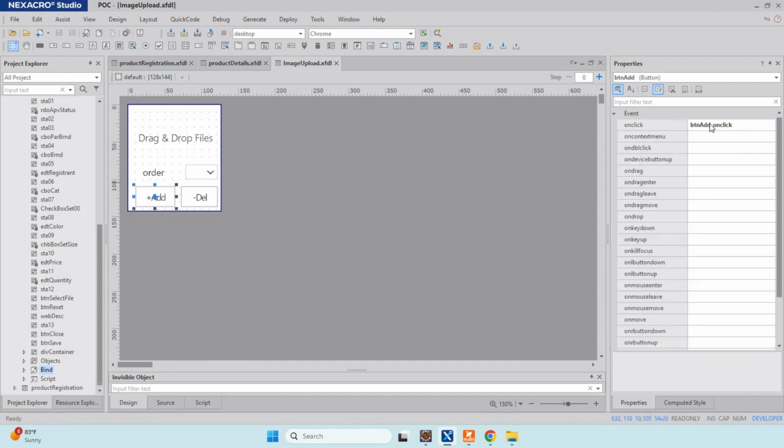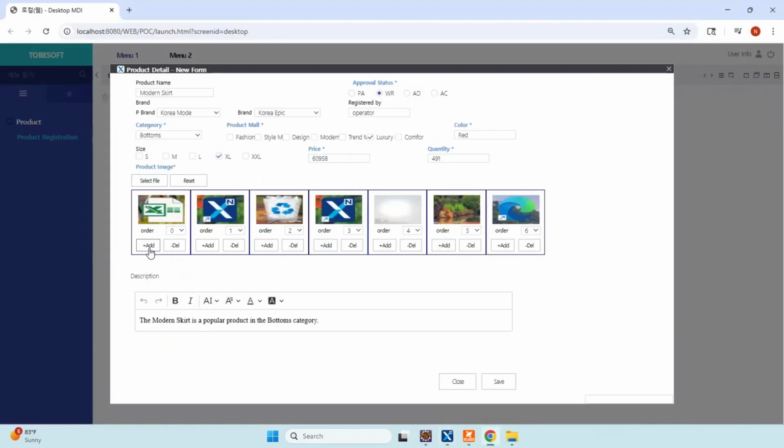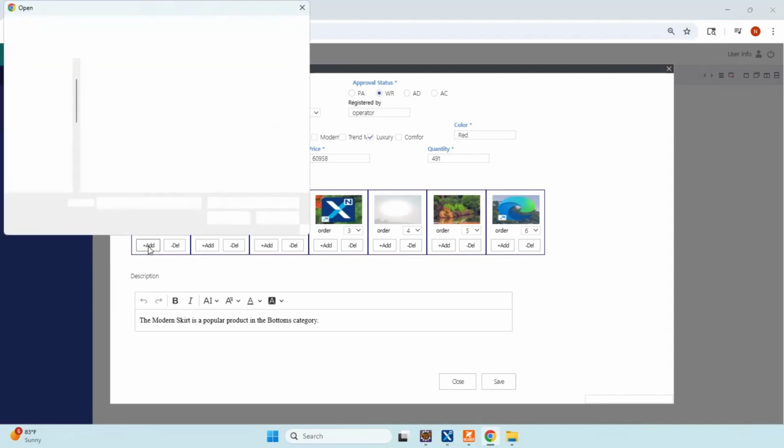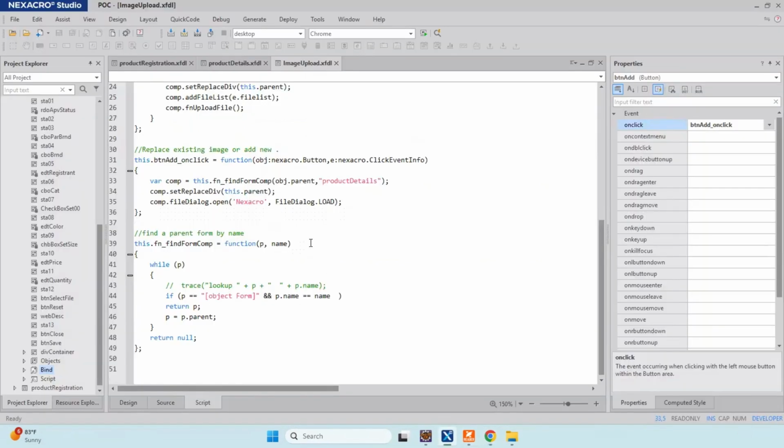Now for the add method, we're saving the div where we clicked add, this div here. And when you click on add, it is opening the file dialog, but instead of a multi-load, it will be selecting a single file and the rest of the process is the same. So it will have a file dialog on close event, which will add the files to the file up transfer and it will send it to the server using the xup.